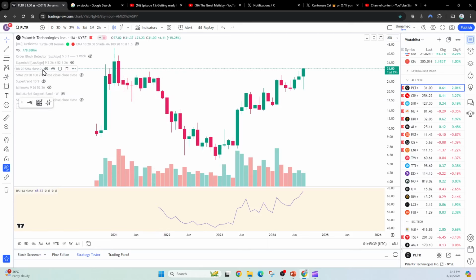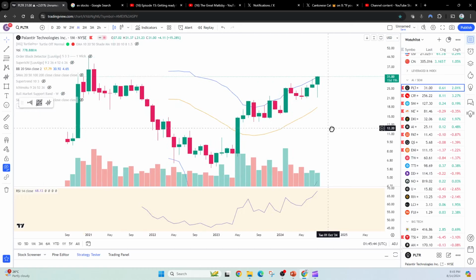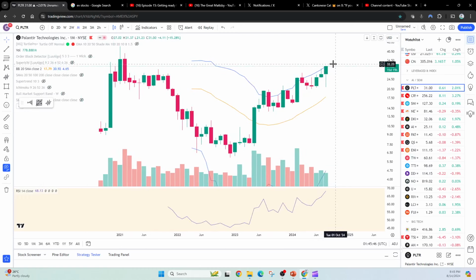This thing overall has been waiting for the Bollinger Band to expand on the monthly, and it's expanding so far. Because of that, there's not really any reason to think that it's not going to go up higher, because the Bollinger Band is probably going to continue to expand over time. Right now, it's at the top part of the Bollinger Band, so you're going to see price